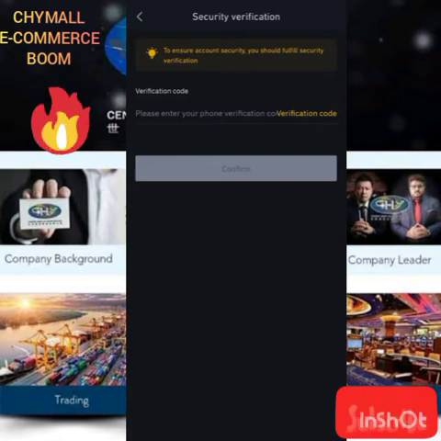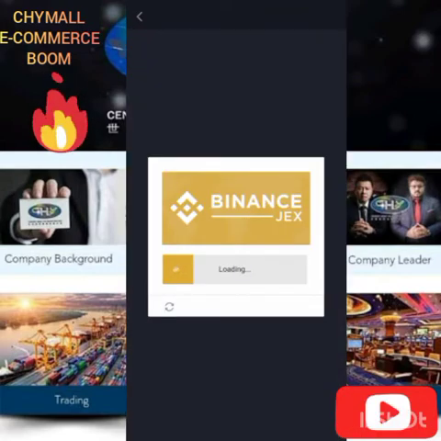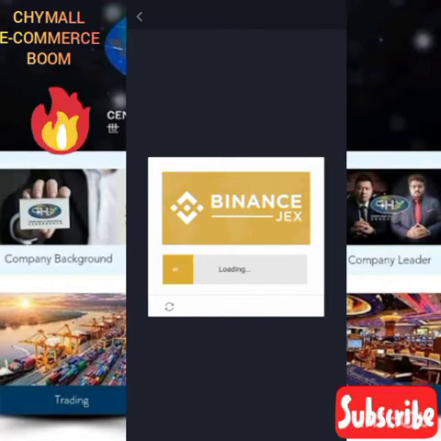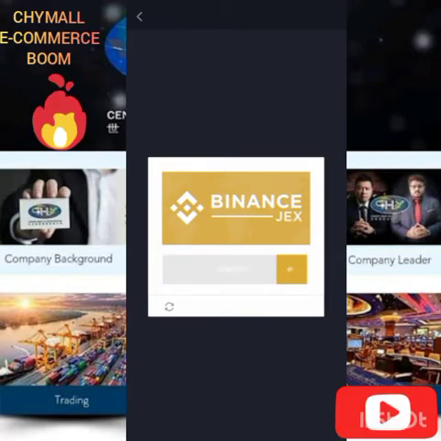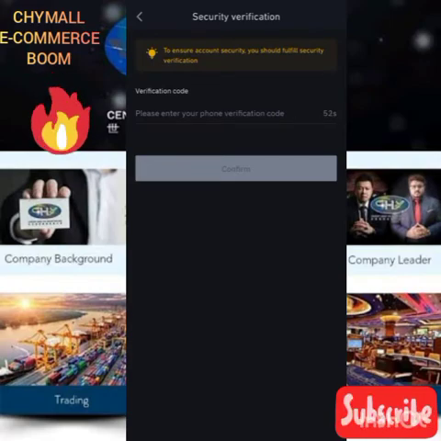Let's say in case it took all that while and it did not arrive, you still click on the verification code again and you wait patiently. Once this boots on, you slide it normally from the left to the right. Your internet connection matters a lot. The reason why you need to confirm your email is for more security, to secure your account.